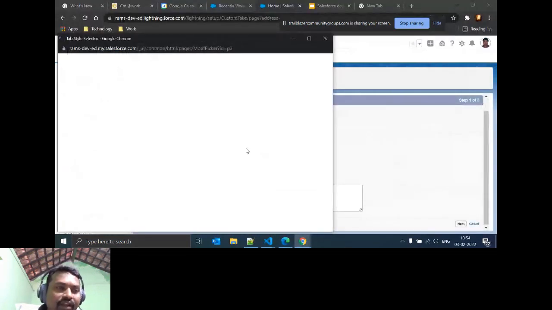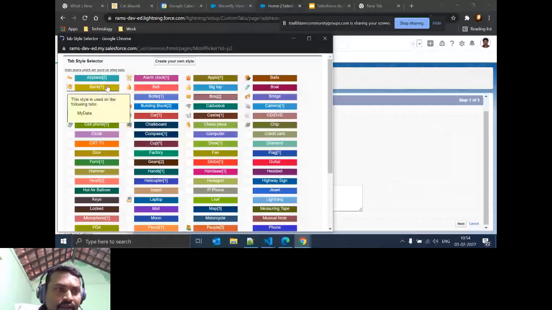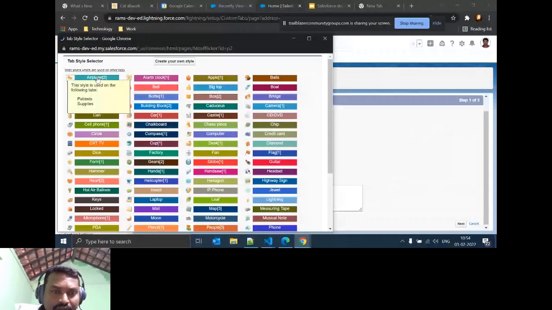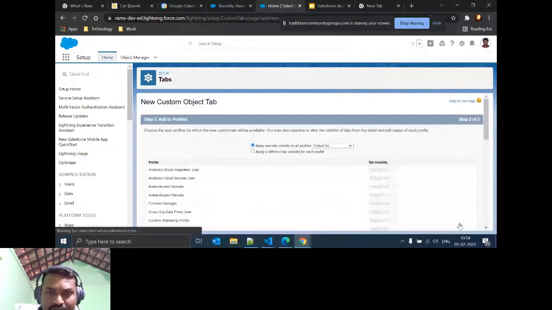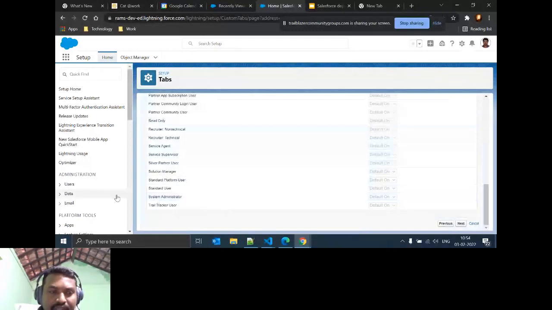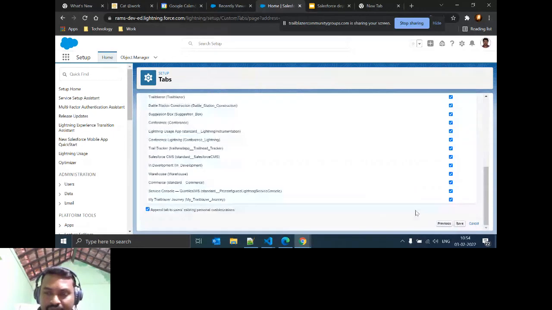Whenever we open the tab, it will automatically come. Click okay, and then next. I put the default on as of now, but we need to consider the system administrator only. This is the user we have. We can keep it as it is, there is no change, and we can enable all the applications. Okay, save.